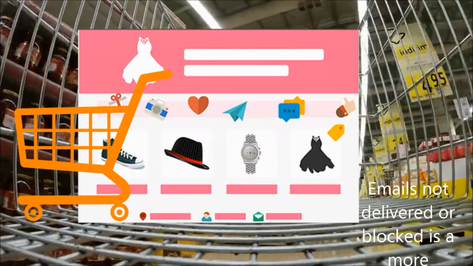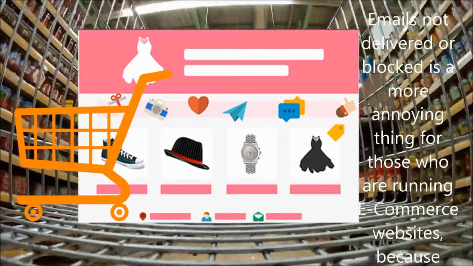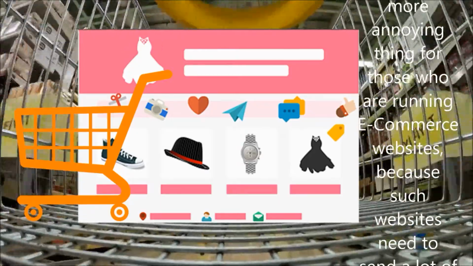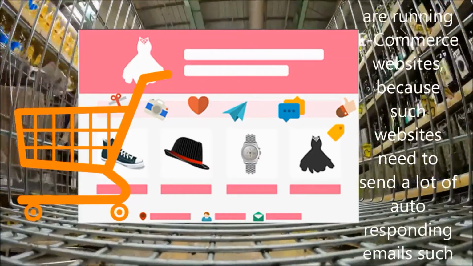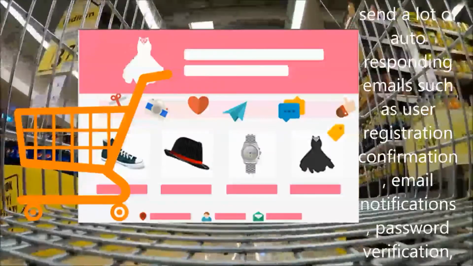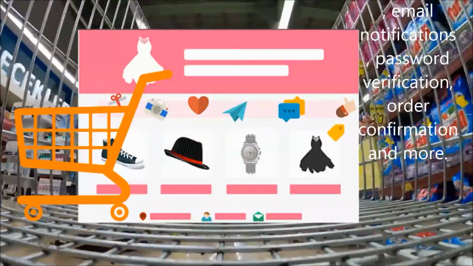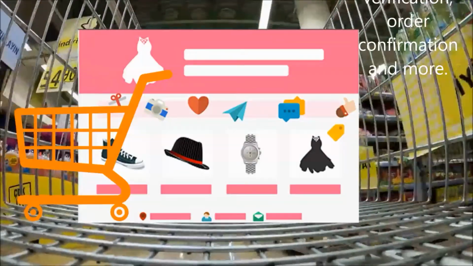Emails not delivered or blocked is a more annoying thing for those who are running e-commerce websites, because such websites need to send a lot of auto-responding emails such as user registration confirmation, email notifications, password verification, order confirmation, and more.